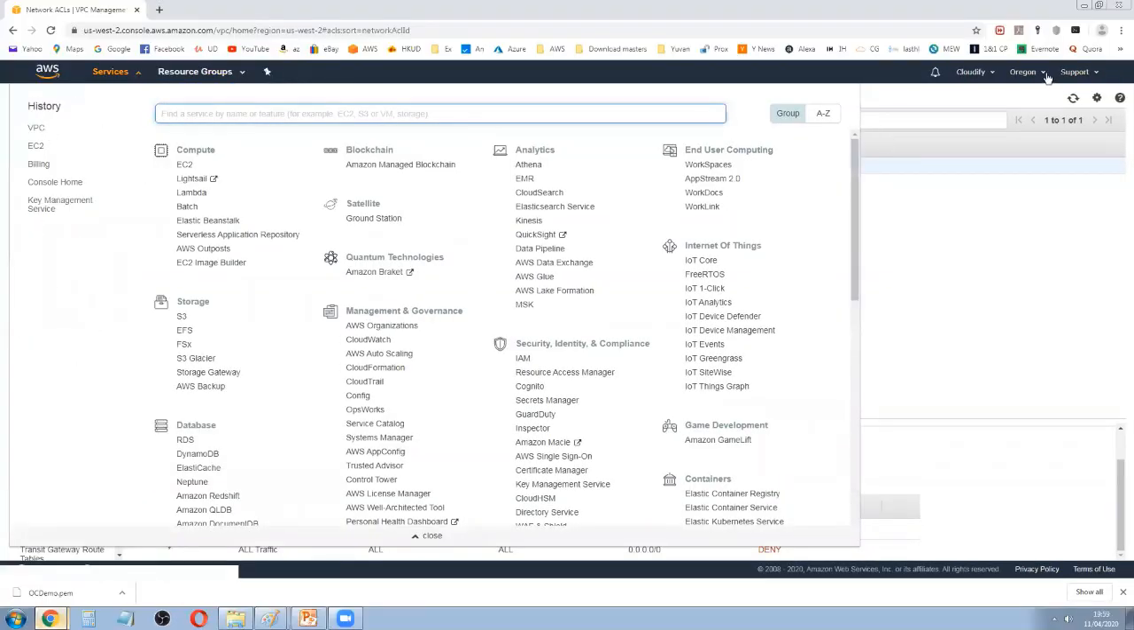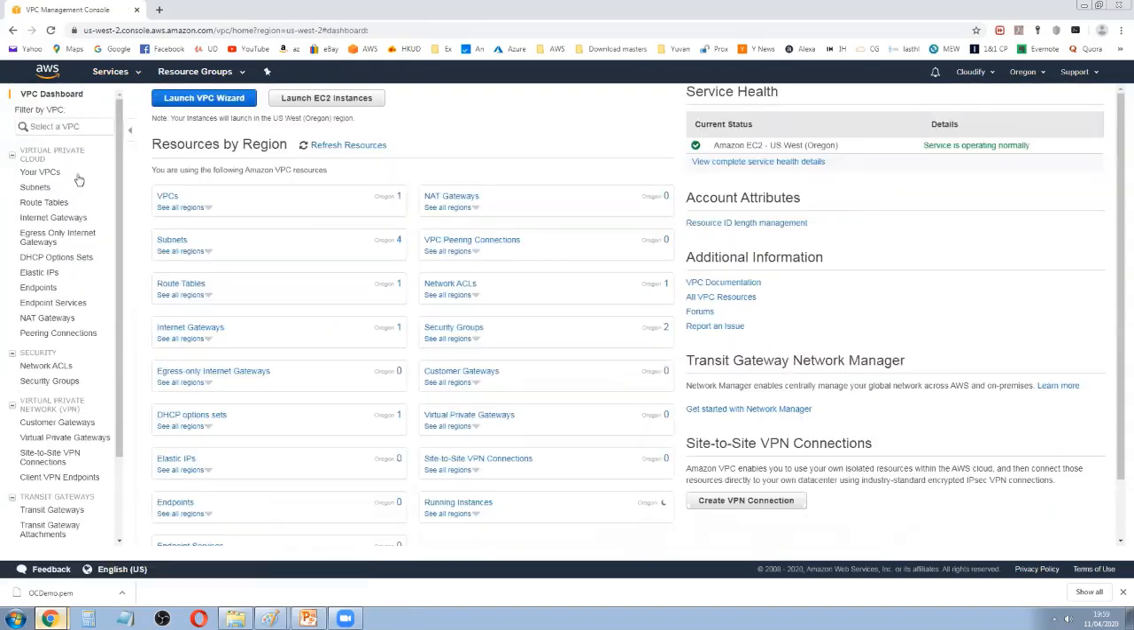So the region we're going to pick is Oregon, VPC. So we have a default VPC, subnets, route tables, and everything. So we're not going to touch that. We're going to